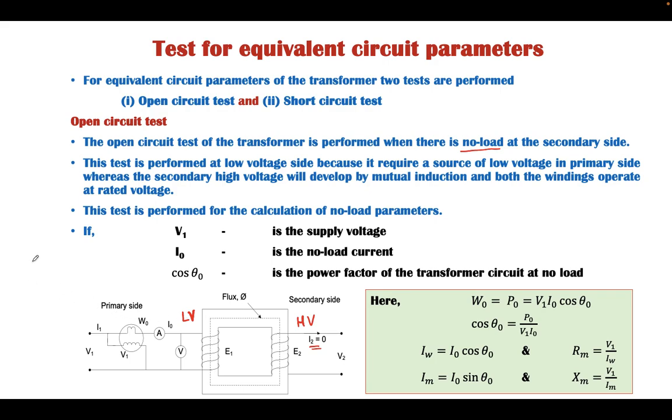Why do we need to do that? Because if we have a transformer of 440 by 11,000 volt and the no load test is performed at the low voltage side, we need a low voltage generating source. However, if we have to perform this test on the high voltage side, then we need a high voltage generating source, and therefore it will increase the cost of testing. By performing the test at reduced voltage, we need a reduced size of generating source, and hence it is performed at the low voltage side.